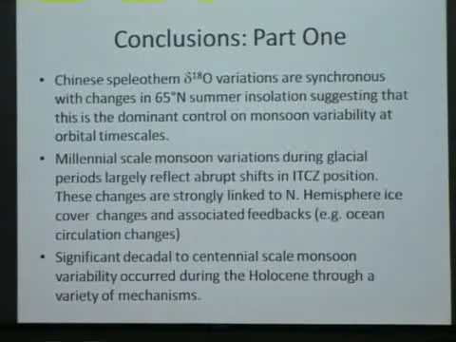And then even in the Holocene, we see significant decadal, decennial scale monsoon variations through a variety of mechanisms, such as solar and potentially El Nino-related effects and some effects related to North Atlantic climate. So abrupt changes can happen during warmer periods, and so we need to really thoroughly investigate this Holocene variability in order to understand what might happen in the future.